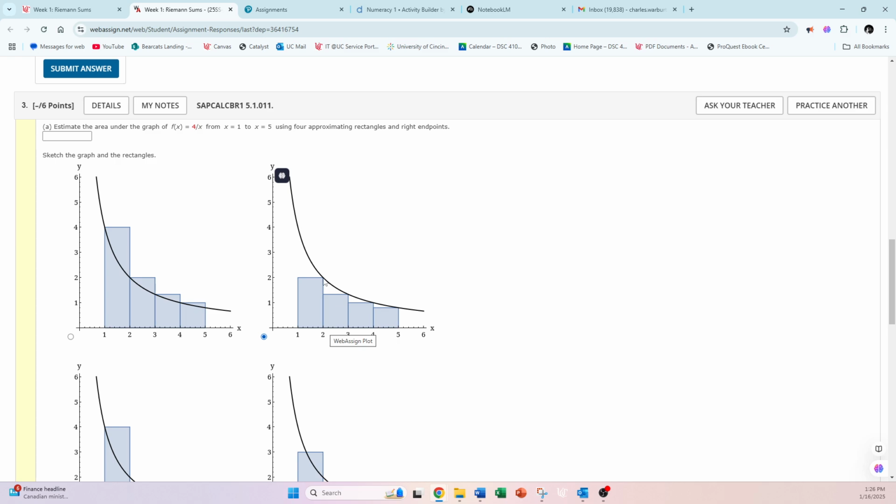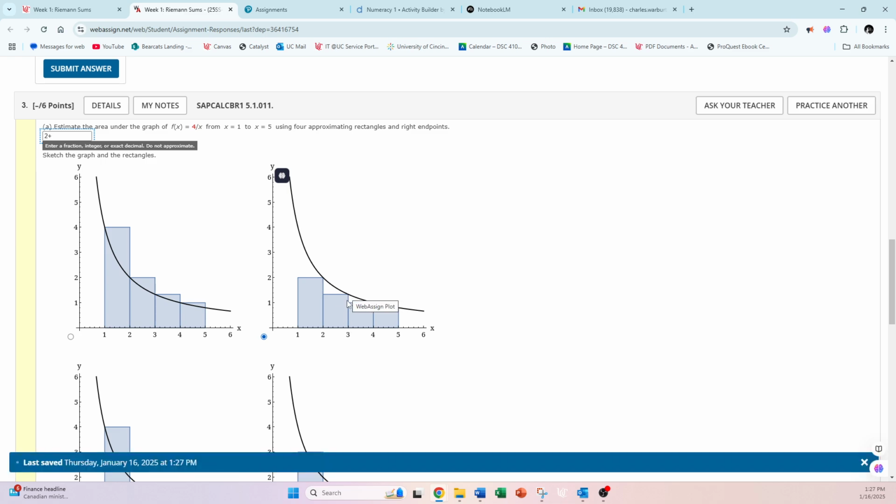So I plug in 2 into the function. 4 divided by 2 is 2. So the first rectangle is 1 times 2, which is 2. And then the next rectangle is 1, there's the width, times what? 4 over 3. The input is 3,